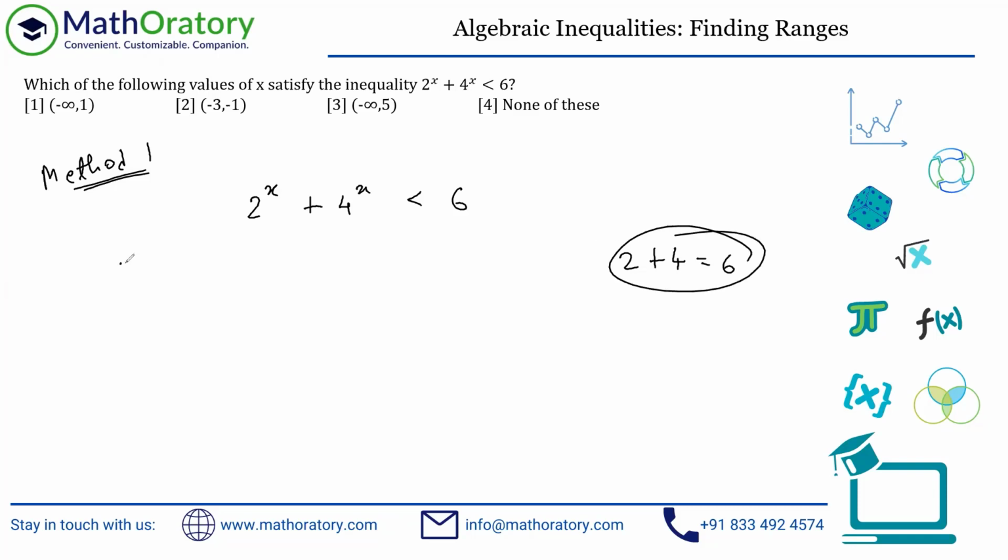So just by understanding that, if you put x equal to 1, this doesn't satisfy. So x equal to 1 does not satisfy this, right? When you know that x equal to 1 is like a limiting case, it is coming out to be equal to 6. So think above it and below it. That should be the approach. So if I take x equal to anything greater than 1, even if I take 1.5 or something, then this 2 to the power 1.5 will be definitely greater than 2. 4 to the power 1.5 will also be greater than 4. So the sum of these two will be greater than 6, right? So x greater than 1 is definitely not satisfying, right?